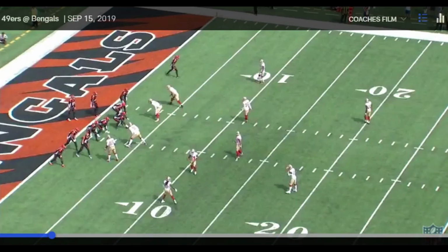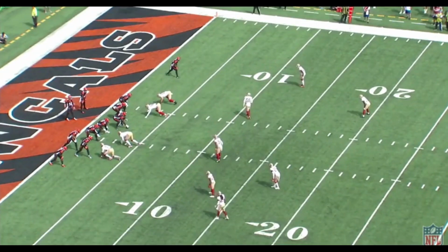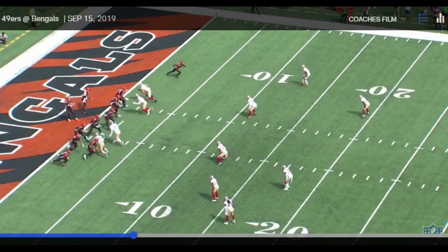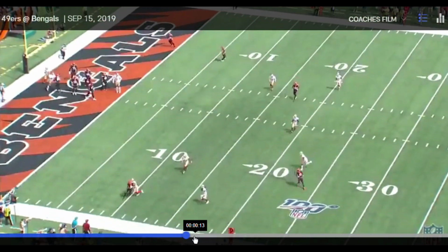So then here I'll run this next play. Somebody commented it would be nice to see the plays before we talk about them and break stuff down. So we'll let this play out. You'll get to see what happened. This was the third down stop. What I like here is that